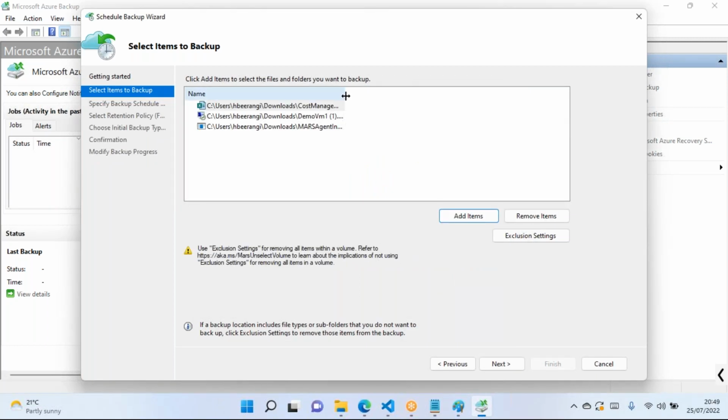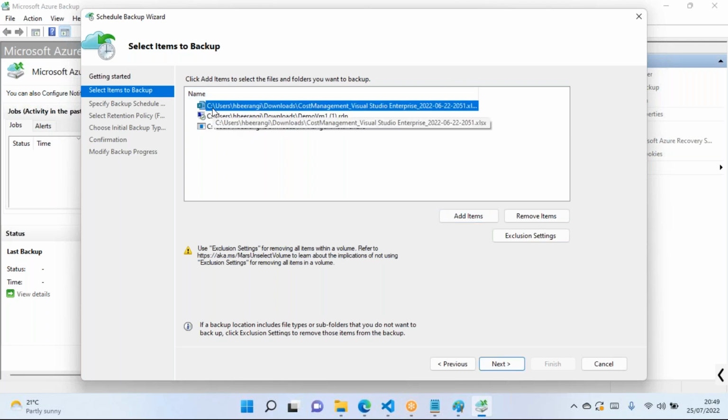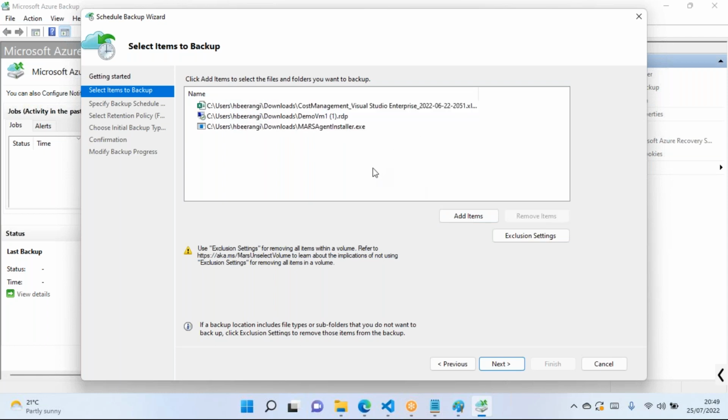See here, the path comes up entirely. See users and username, downloads, and the file name. So like this you will have all the information whatever that you have on your system. It will copy the entire path, but only the single file, not the entire data on your downloads folder. Whatever you have selected, only that one will be